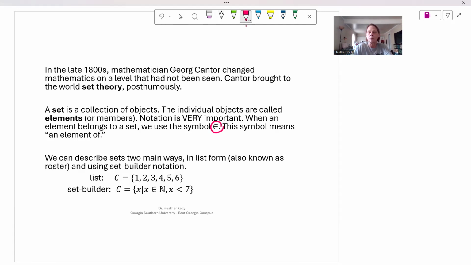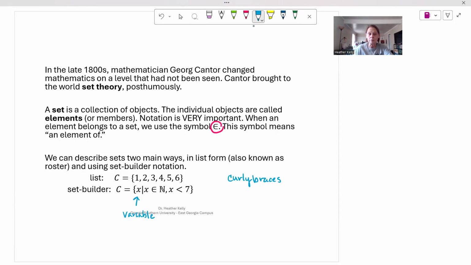So here I have the exact same set written in list and also written in set builder. And so I need to decipher and tell you what all that set builder business means. Here we have the set of 1, 2, 3, 4, 5, and 6. And when we make the set builder, a couple things are always consistent. We always have curly braces, so you've got to have curly braces to indicate that it's a set. We have x, so we have to have a variable